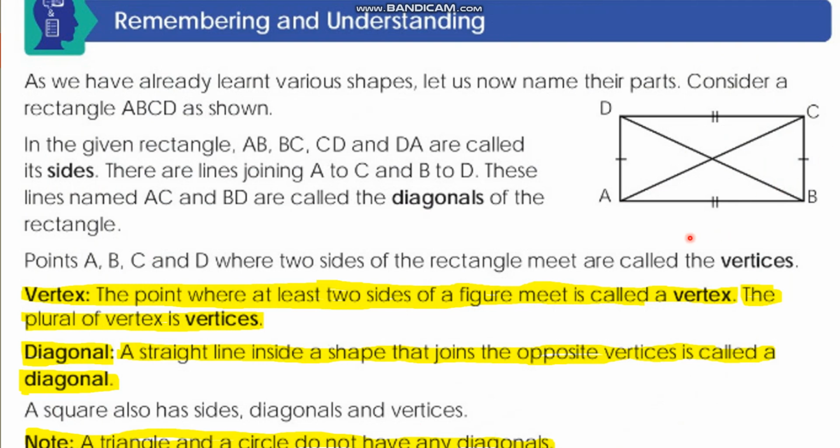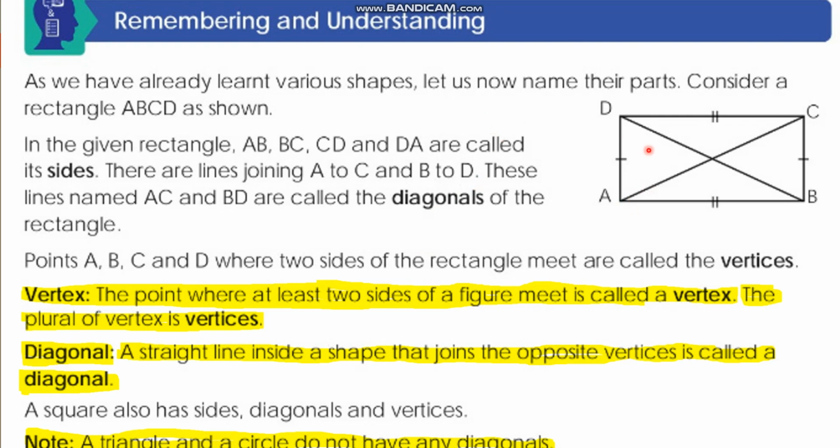So, my dears, we know rectangle is a two-dimensional shape, isn't it? And a rectangle has four sides and four corners. That also we studied in small classes. A rectangle has four sides, that is 1, 2, 3, 4. Four sides and four corners. Where is corner? This is the corner. 1, 2, 3 and 4. Okay. So here we are going to learn more about it.